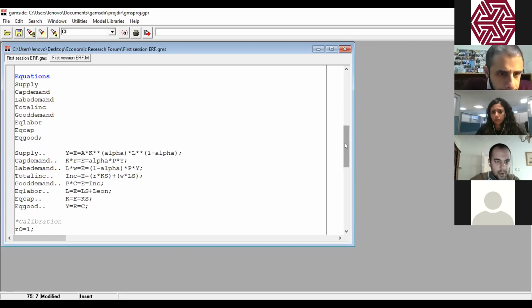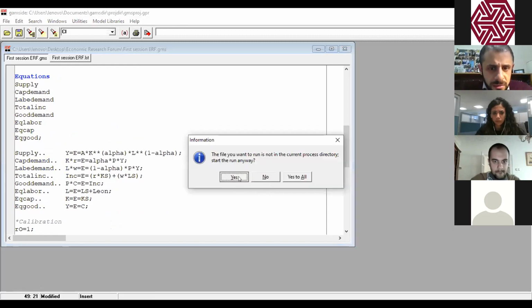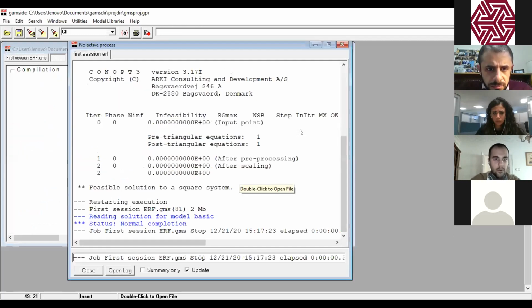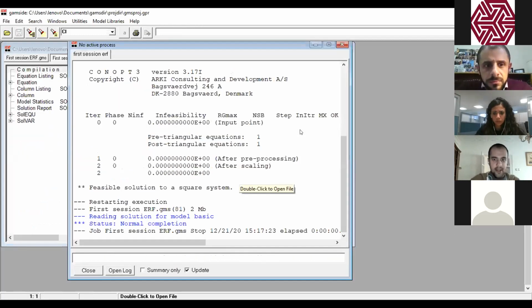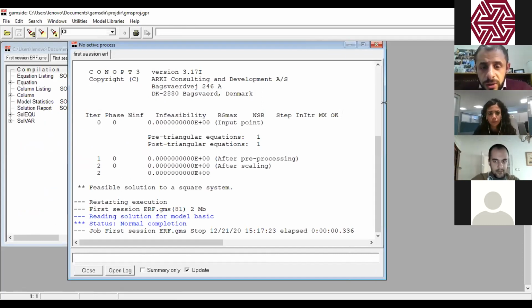I guess everything is fine. Okay, run. Let's see what we'll have. Oh yeah, now the infeasibility is 0. As you can see, now it's 0.000.